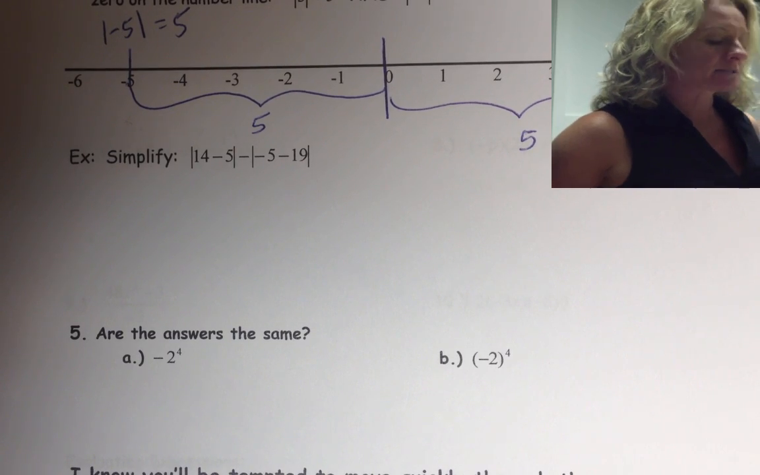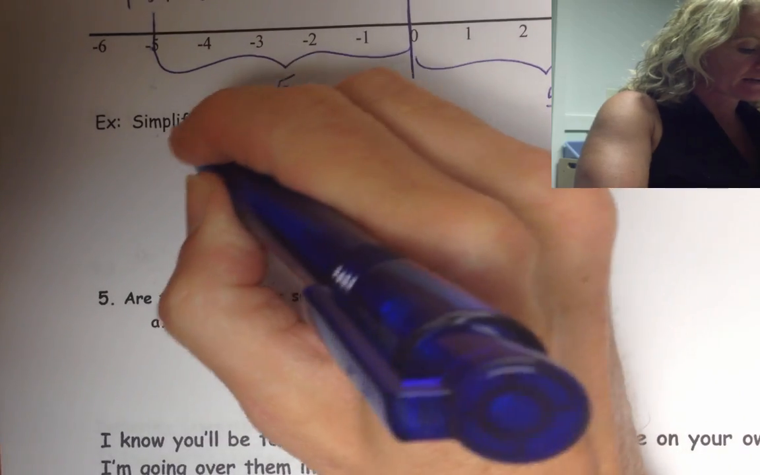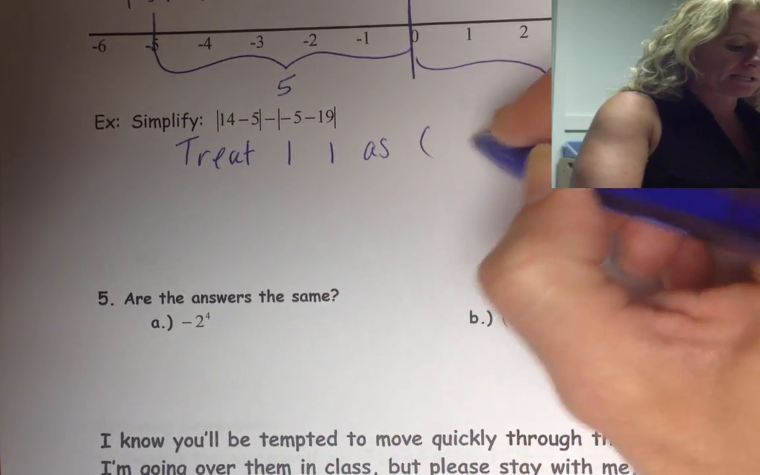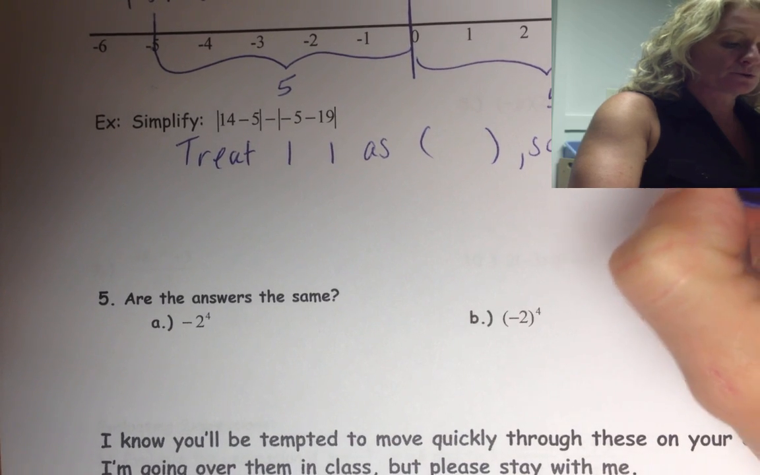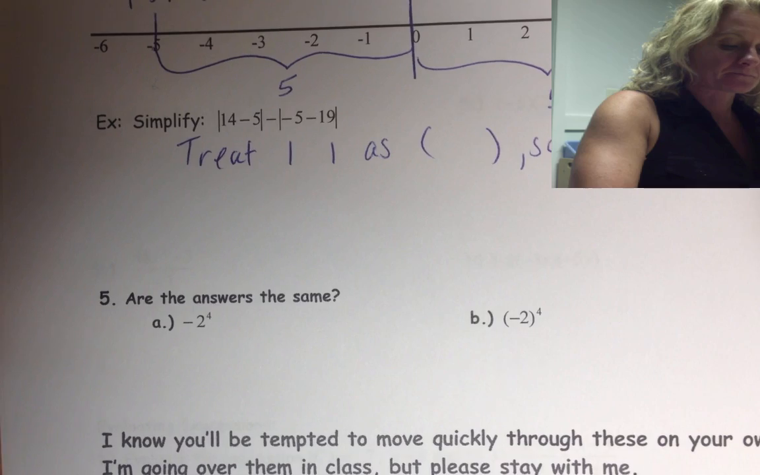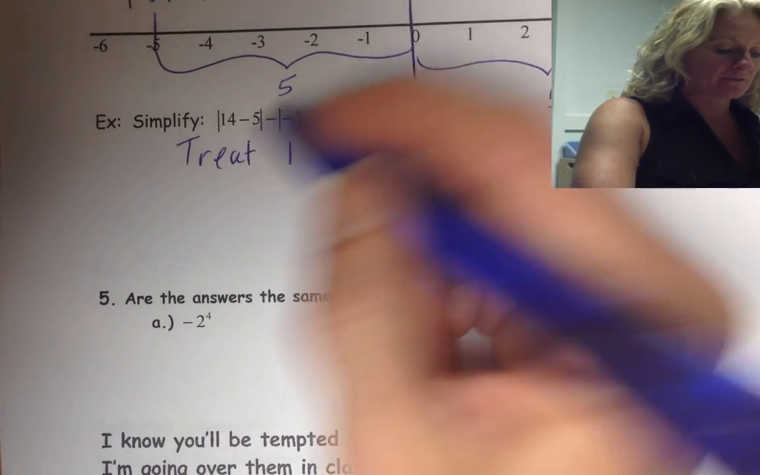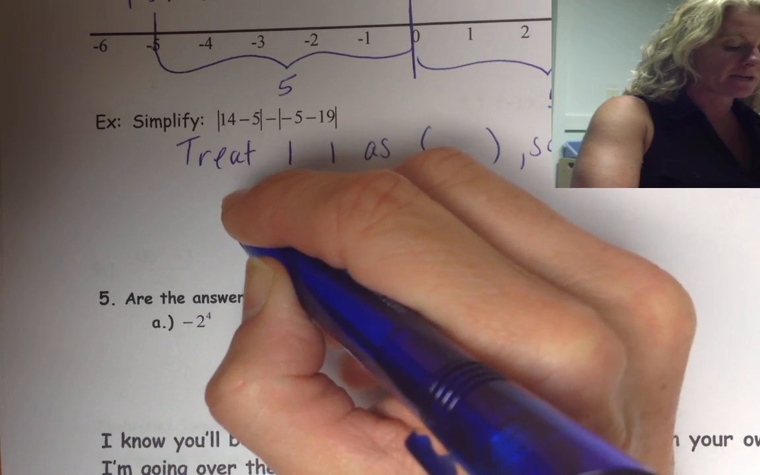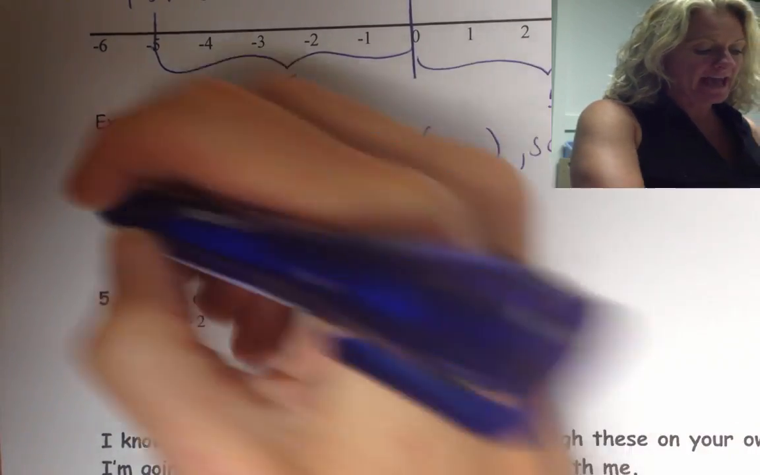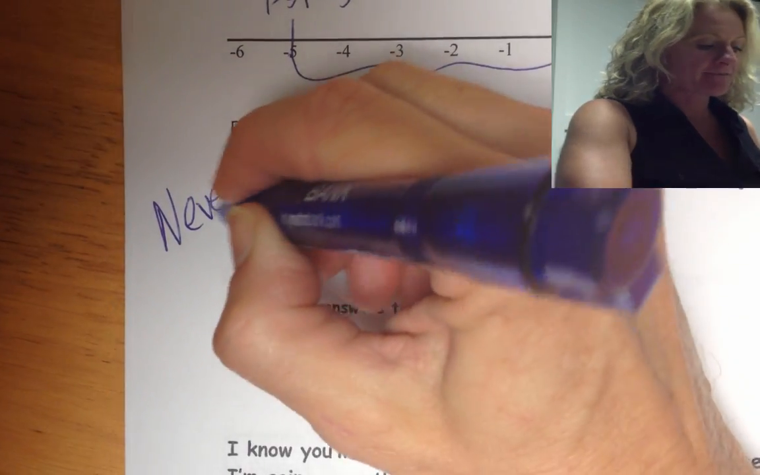So now let's look at this example here. You treat absolute value bars as parentheses, so you do what's inside first. So what do we have here? We have 14 minus 5 is 9, absolute value, minus... can you guys see this here, what I'm about to write? Never